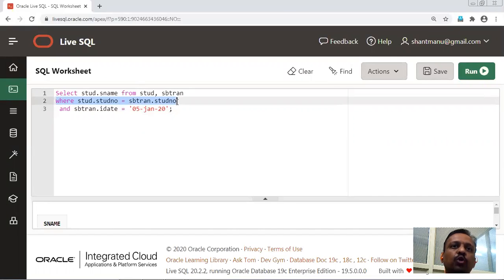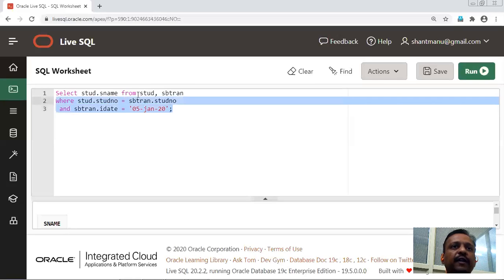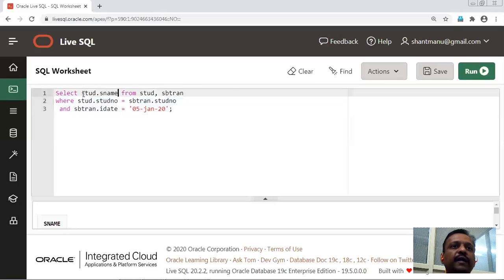That way we have matched the student number column from SBTran and student. And the second condition that we have put is issue date equal to 5th of January 20. So both conditions should be satisfied, that is, and. When both conditions get satisfied, then and only then you will get the selected data.